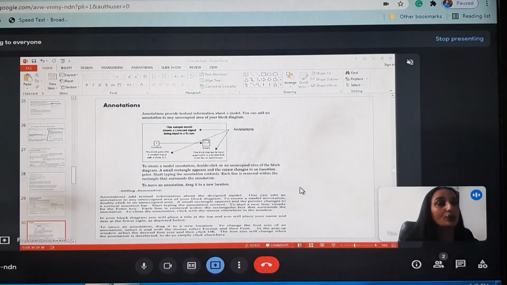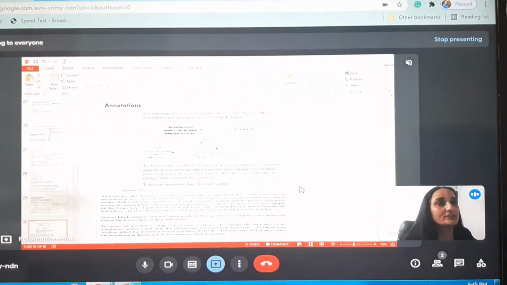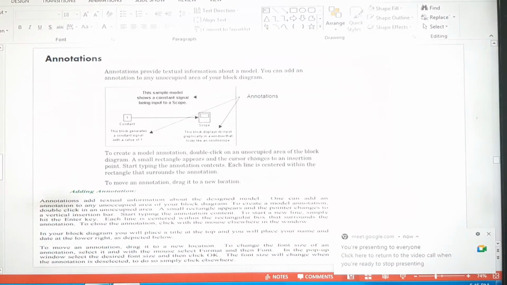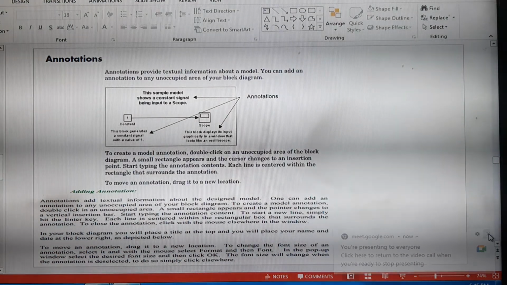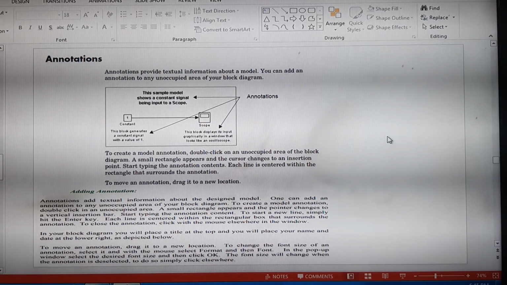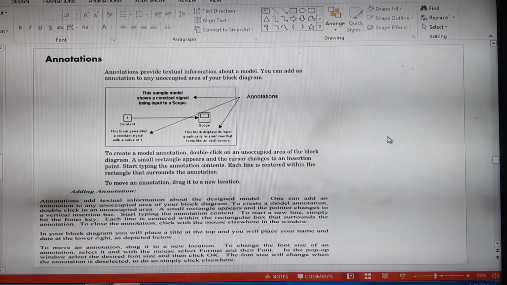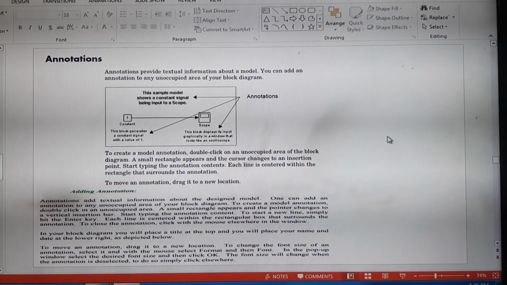Now how to add annotations, or you can say how to add comments. If we want to add comments, then it's very simple. Annotations provide textual information about a model, about any signal line. So we can add an annotation to an unoccupied area of our block diagram.